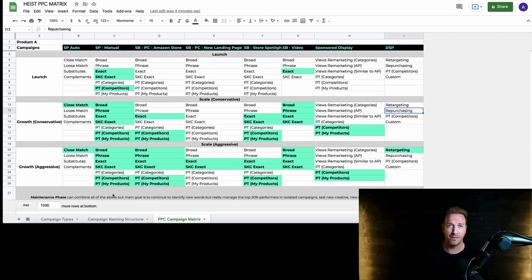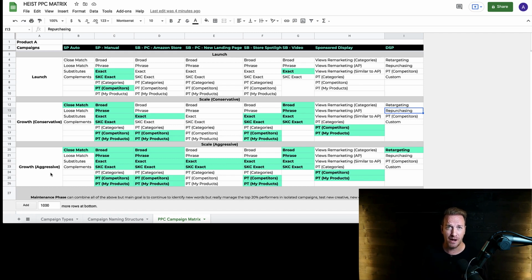test some new campaigns here and there. If you're actually lagging and you're not seeing the performance you want, or maybe you had a great launch and now it's starting to decline a little bit, that's where you might roll up the sleeves and sprinkle in a little bit more of these growth aggressive campaigns as well. So maintenance is just much more about you've got a lot more data now. You've got a lot more understanding of the campaigns that are set up for single keyword targeting, and you're just kind of farming at this point and maybe adding strategies depending on whether you're leading the space well organically or